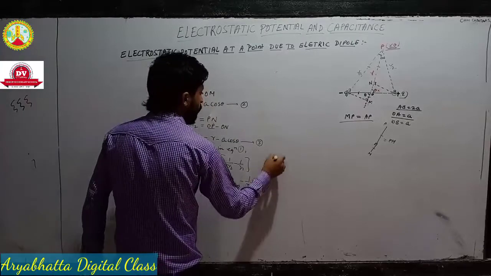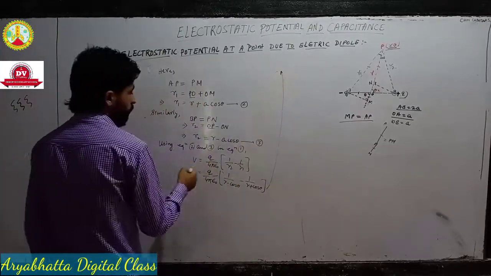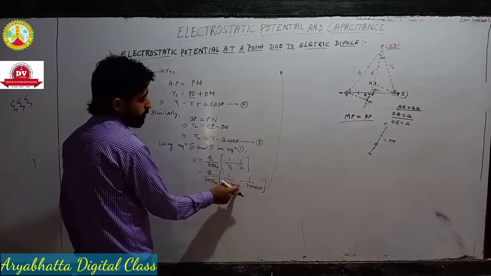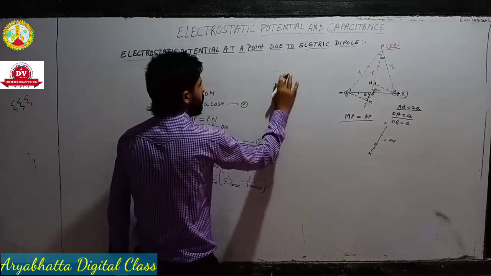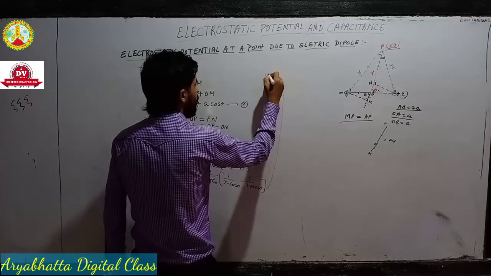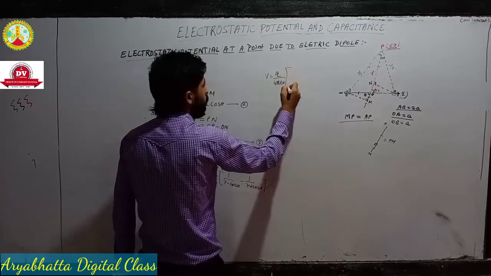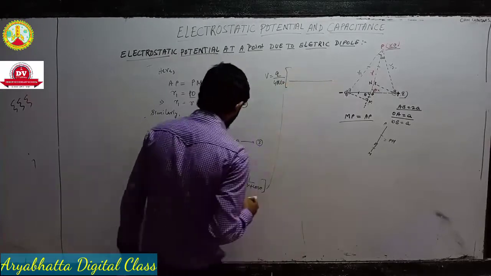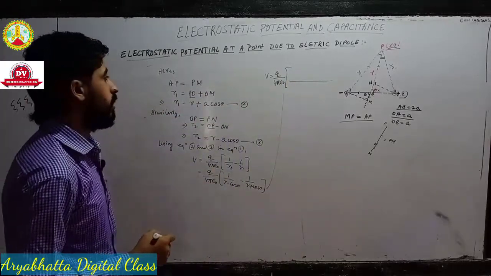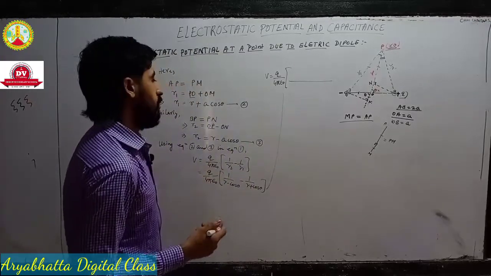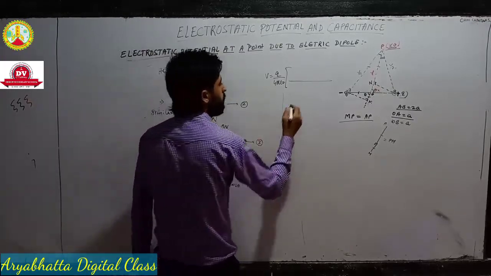See, this part I'm showing here, I'm continuing here. See carefully. So if you take the LCM, what will we get? R minus a cos theta and R plus a cos theta. So we'll get something as V is equal to Q by 4 pi epsilon naught. I am doing it step by step, so I guess you can follow, right? Otherwise I can do it short also, but I don't want to, because many of you will get confused, right?